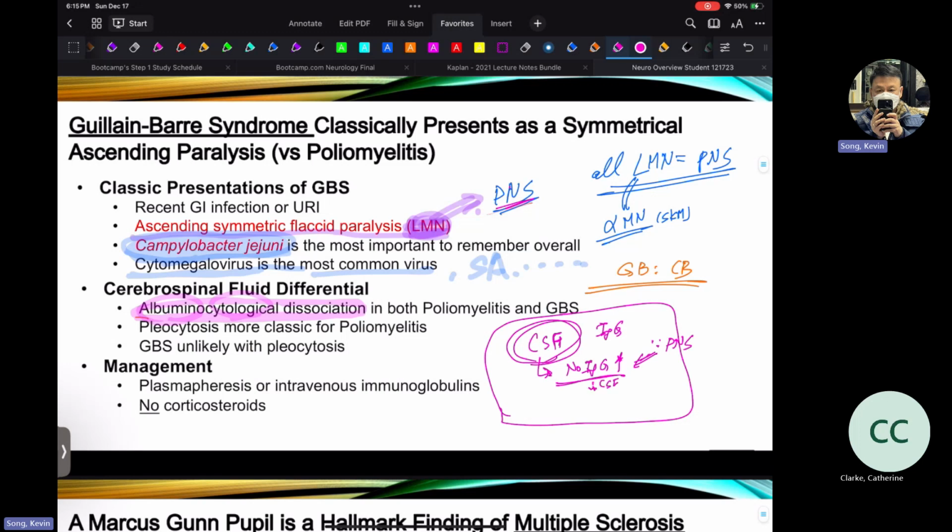Okay, so this is what that means. Albuminocytological dissociation simply means no IgG increase in the CSF, but